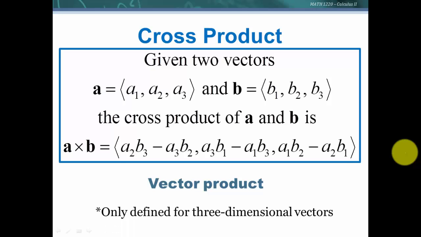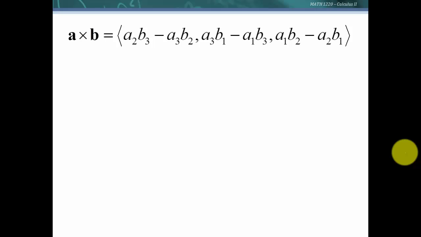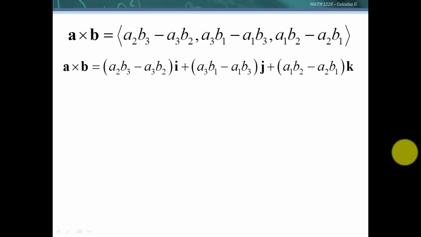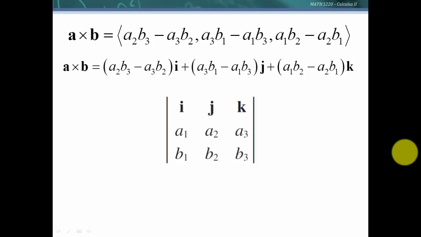And by the way, the dot product was defined for any number of components in a vector, but this cross product is only defined for three-dimensional vectors. Now, as we look at this, that is going to be somewhat hard to remember, and so we're going to actually express this differently. Let's take, first of all, and put this in IJK notation. And let's look for a minute at a determinant. If we had a determinant and across the first row we put I, J, and K, and then we put